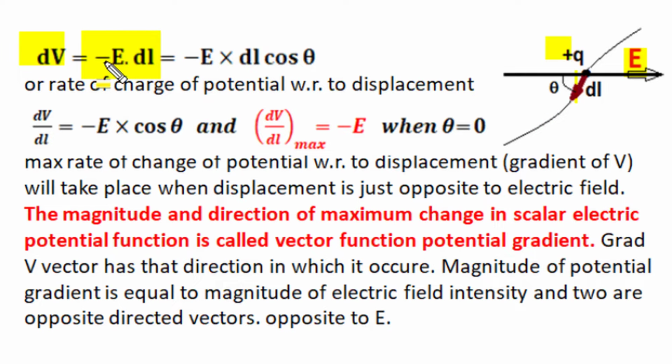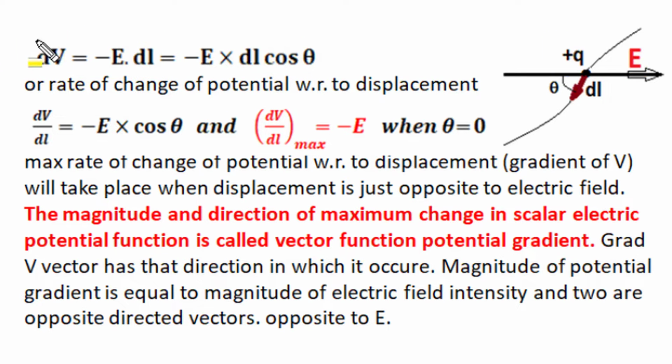Here this negative sign is significant, as a positive charge experiences force in the direction of the electric field, and bona fide positive work is done by an external agency only when the charge is moved against the electric field. So this displacement is measured in the opposite direction of the electric field, and here dl cos theta is the component of displacement just opposite to the electric field, and since this displacement is measured opposite to the direction of the electric field, a negative sign is used. Now the rate of change of potential with respect to displacement is minus E cos theta, and